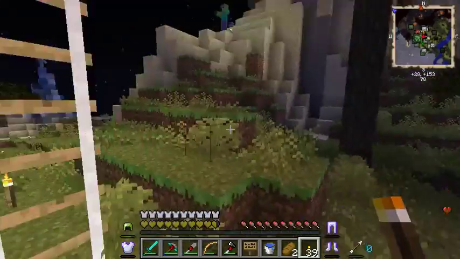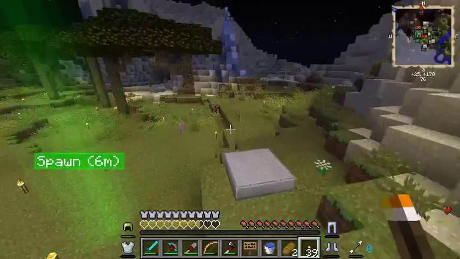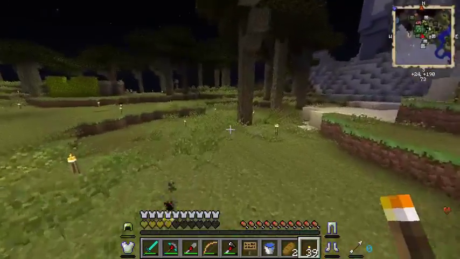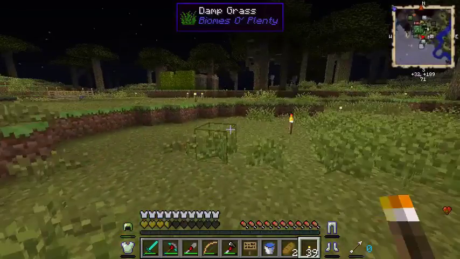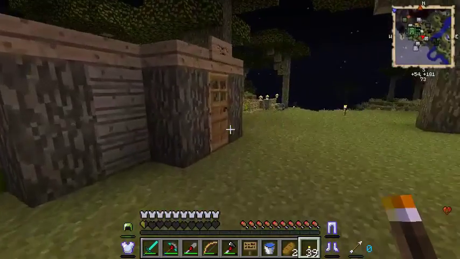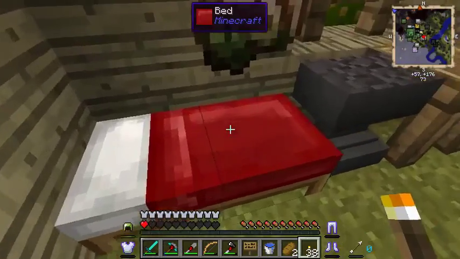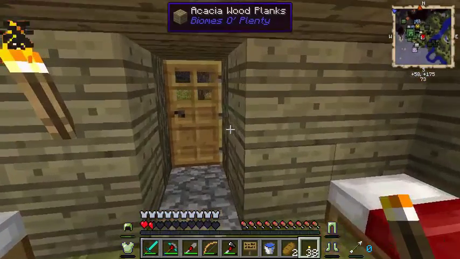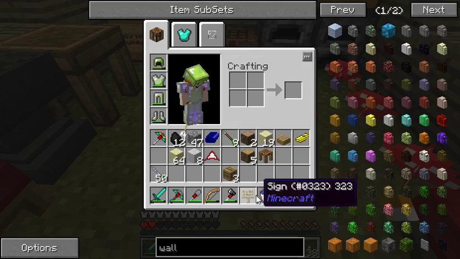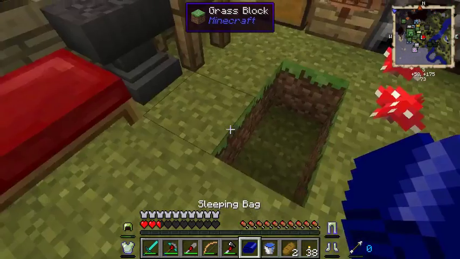Oh, dang it. Forgot about that. Spawn is not safe. La la. Come on. Get inside the hut. Okay then. Why is there a hole in the middle of this floor? And I don't have any dirt, but I don't want to reset my spawn, so...